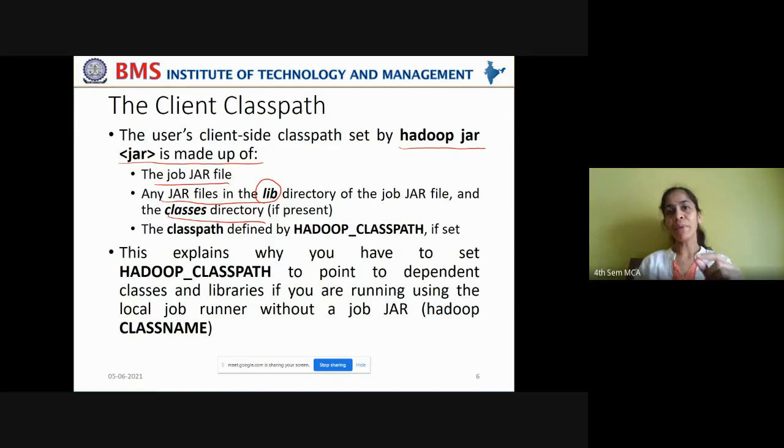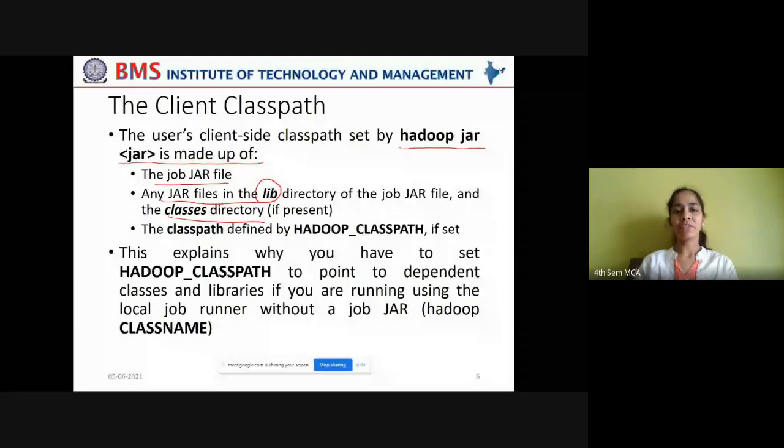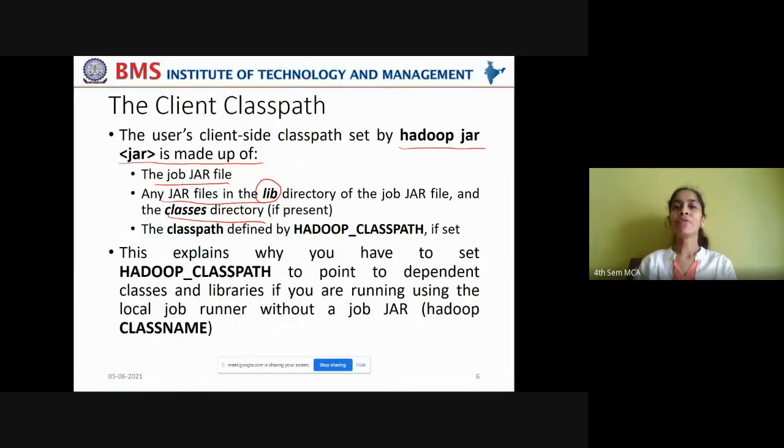For every job it has some dependencies, and also it requires some configuration details. What are the properties that are set for the job with respect to the system, right? So all these are required in order to execute a job. So for a job, you should have a Java archive file, a lib directory which contains all the jar file dependencies, and a classes subdirectory to contain all the resource files for required configuration details.